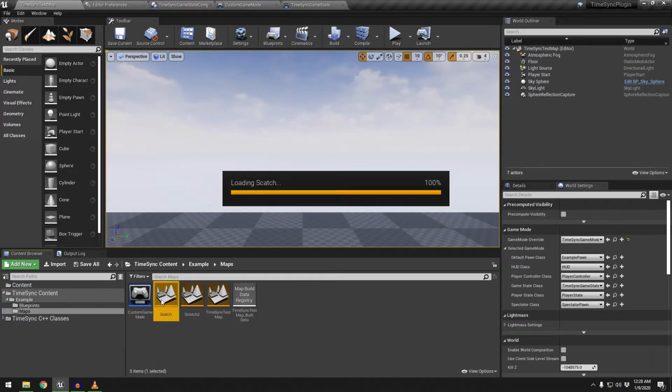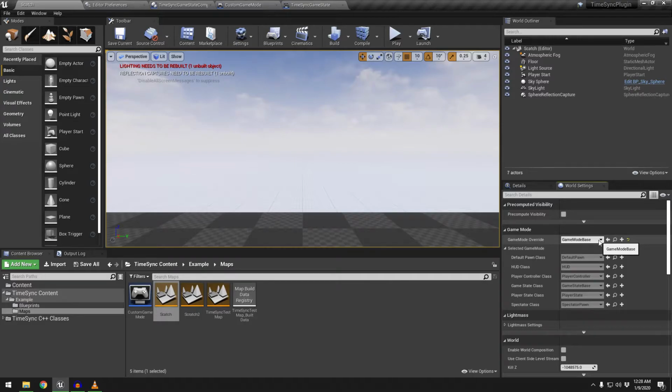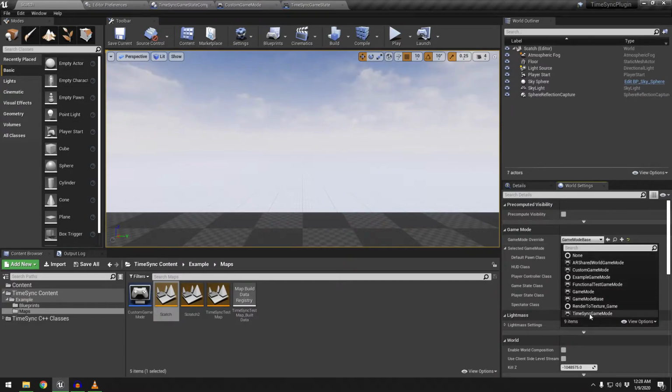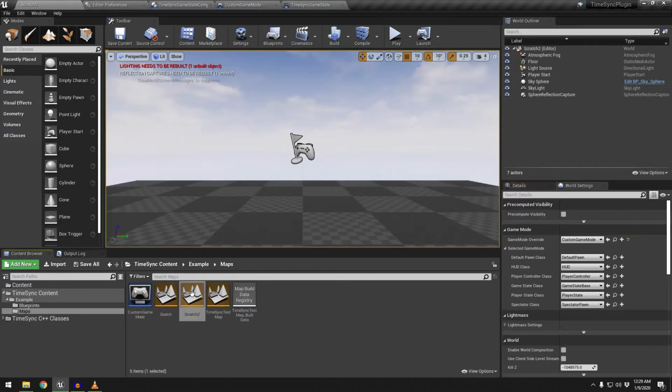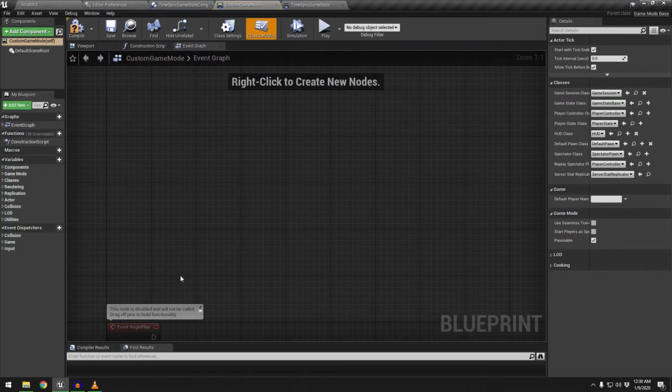Now as promised, here's how you set it up. This is going to be really quick, so pay attention. And done. All you need to do is set the game mode and everything works automatically. Just for fun though, let's see how you would set it up if you already have your own custom game